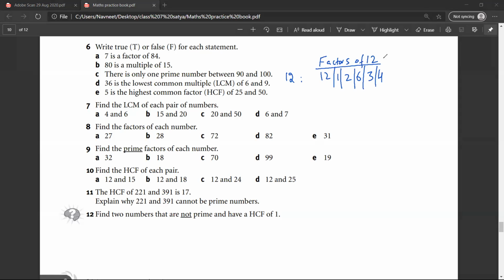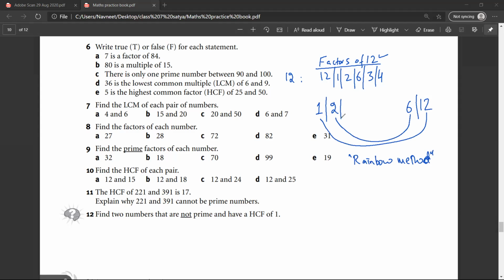Okay. Now, when you are trying to find factors of 12, the easy way is you write 1 here and you write 12 here. My son used to do this, and in his book they had mentioned this as a rainbow method. Why do they call it the rainbow method? That you will understand. So 1 and 12. The other number can be 2, and what should I write here? 6. Have you understood? Yes, sir. 2 and 6. What can I write here? 3 and 4.